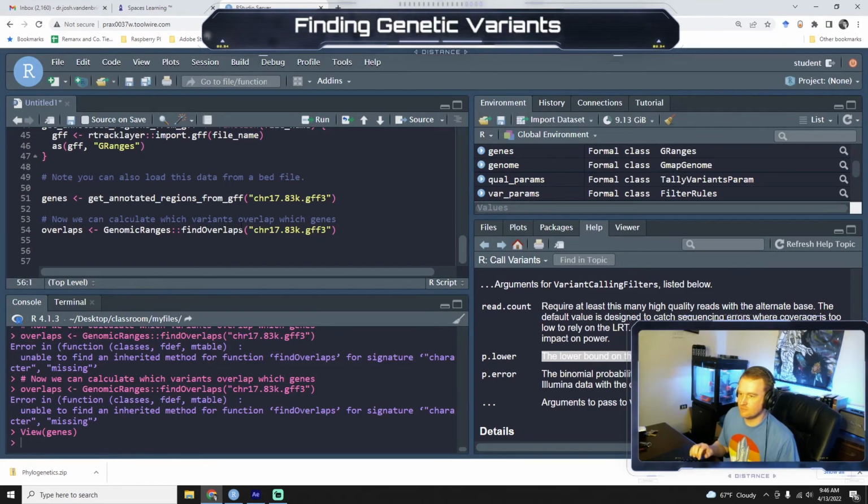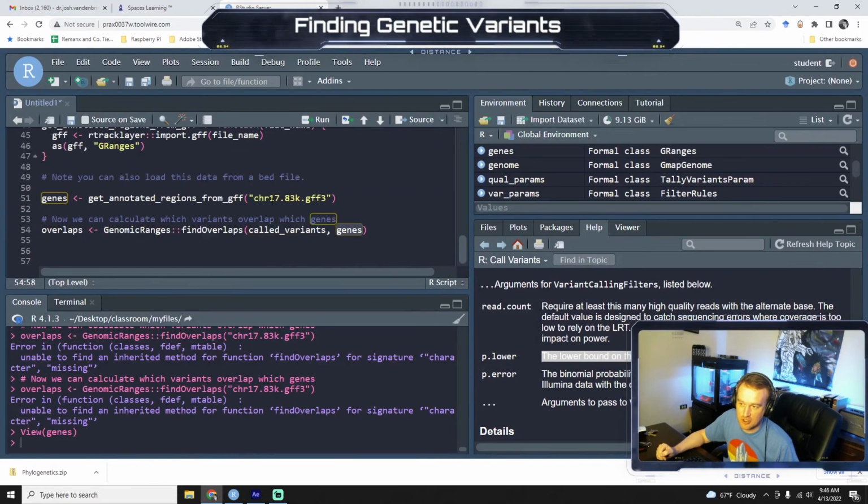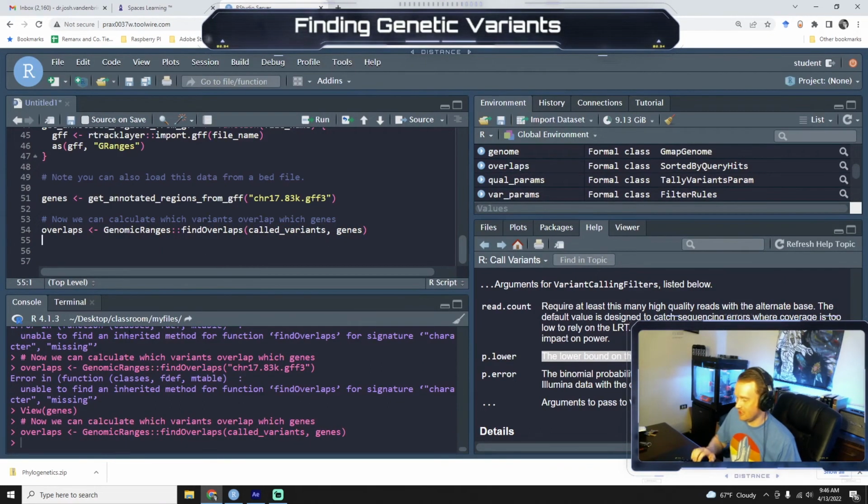Oh, well, we don't want this. We need called variants genes. So I was trying to say find an overlap between a GFF file and nothing. What we need is overlaps, genomic ranges, find overlaps between the variants that we found, which we identified up here, are called variants, and our genes that are from the GFF file. There we go. Okay. And now if we can print overlaps,